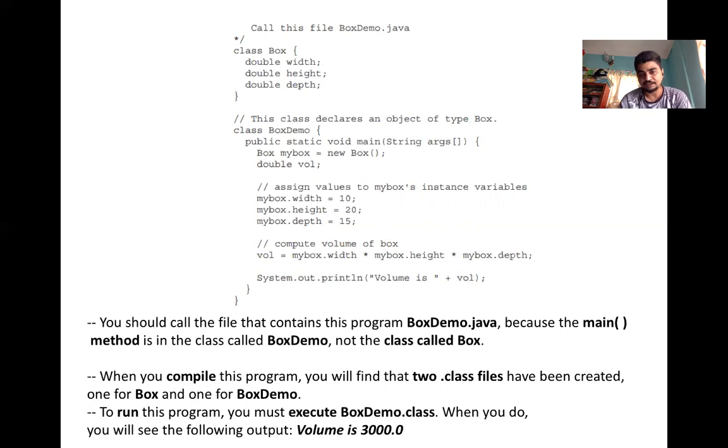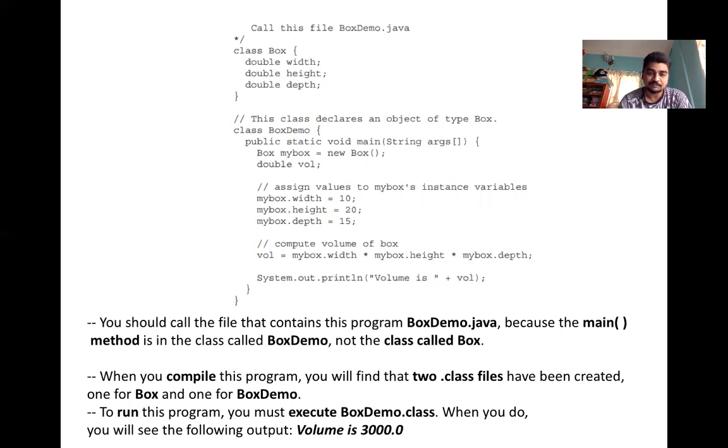Now here there are 2 different classes: one is the Box class, one is the BoxDemo class. You should name the file that contains the program BoxDemo.java, because it is the file containing main. So we will name the file after the class called BoxDemo. We should not name it after the class Box, because we always use the class which contains the main.